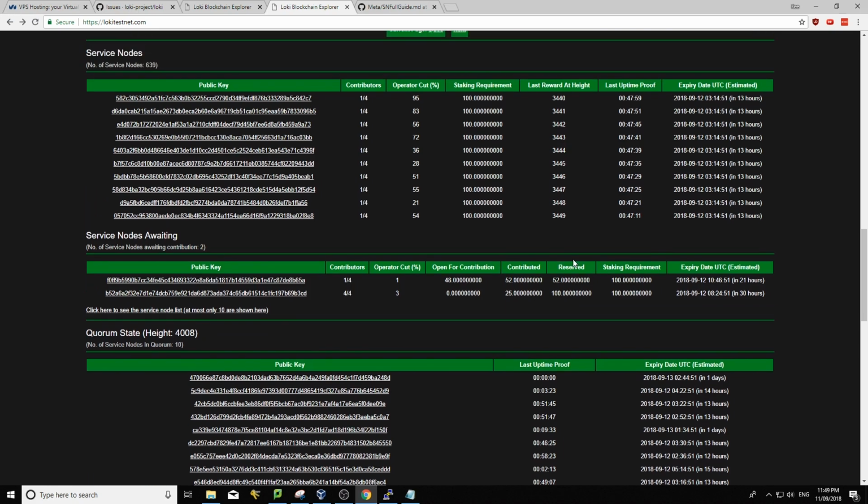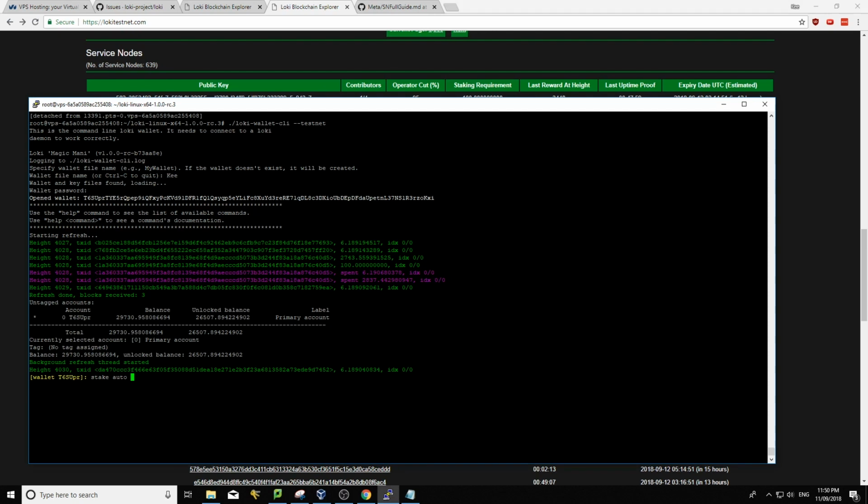Basically, what I'm going to do then is I'm just going to grab this and use this as an illustration. So I'm just going to go to Control C here, stake auto. I'd put the public key of the service node. Then I would put my address. So the service node operator has probably reserved a specific address that you want to be contributing to, and they'll tell that to you. If you're contributing to an open pool, this will be the address that you've also used for this wallet. So you can type in address and you'll see your address